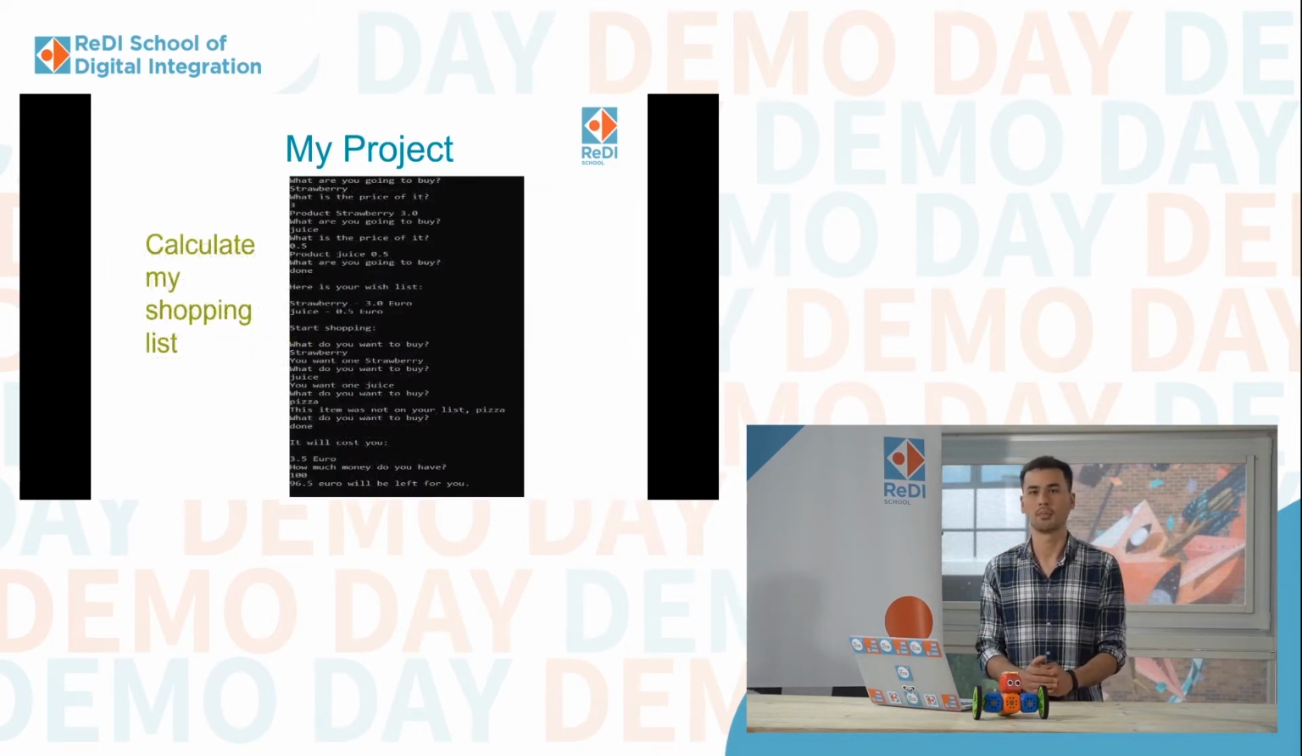It can calculate my shopping list. This feature is very useful for myself because every time I go shopping, I forget to buy something and my mom gets very angry at me. So this option can help me to create a wish list and add the name and the price of items